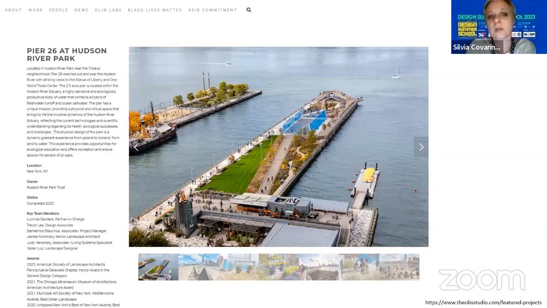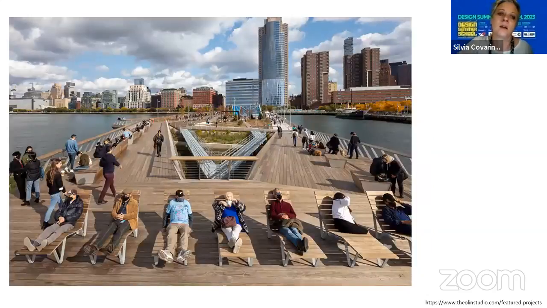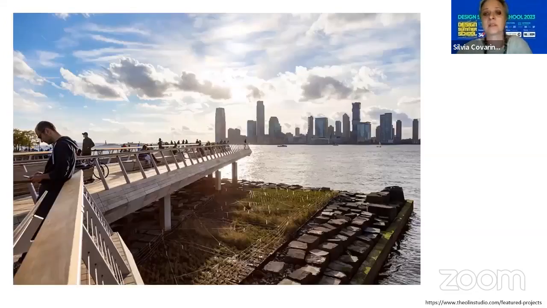I also worked on this element called a pier, like an extension of the built environment on the water, like a platform. Again, this project is in New York. And it's interesting the way they play with the materiality and shape this element. They are looking at how this place becomes a gathering point for social life. At the same time, it is quite aggressive, let's say, because it's an extension of the city on the water, and how this works in terms of accessibility and